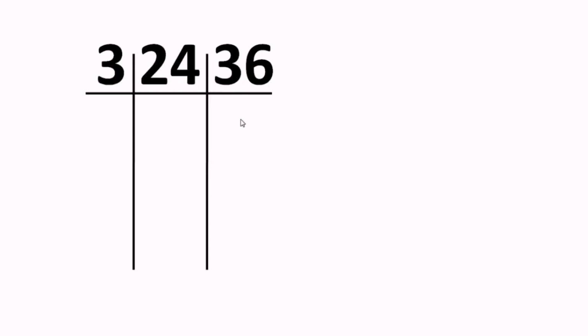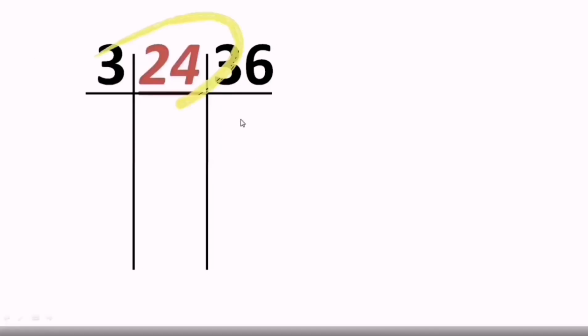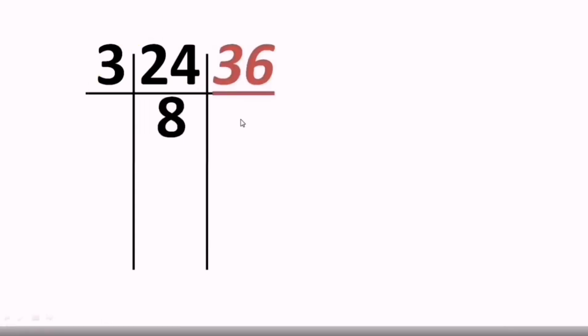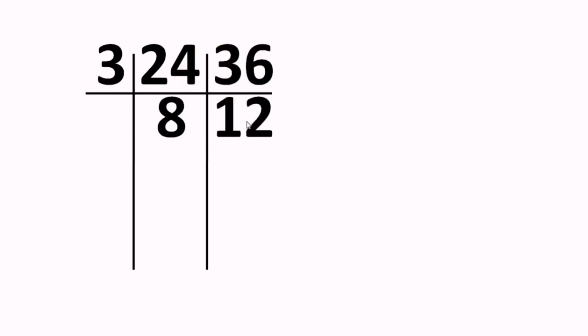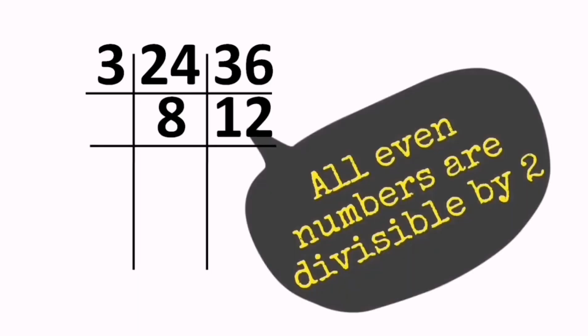Okay. So here, when you divide this 24 by 3, you get the answer 8. Correct? And when 36 is divided by 3, you get the answer 12. Okay. Now let's try and check for 8 and 12. Again, we have to check such a number which will divide both 8 and 12, and the number should be prime. Okay. So 8 and 12 being both even numbers, we can divide them by 2.